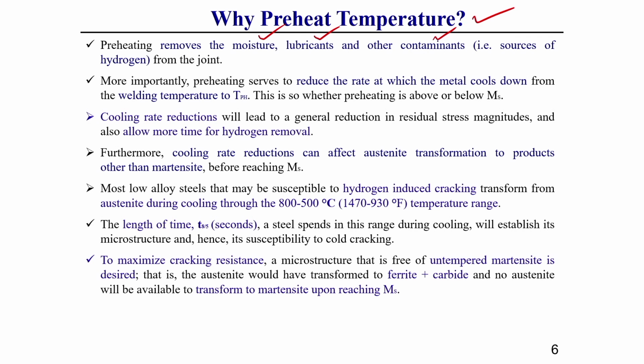What are the other contaminants? The contaminants, generally the source of hydrogen, it removes during the welding operation from the weld zone. Once it removes those things, it generally eliminates a lot of the adverse effects of the welding process. What are those? Everything one by one I will discuss. Most importantly, I have already shown you that the preheating temperature affects the cooling rate,